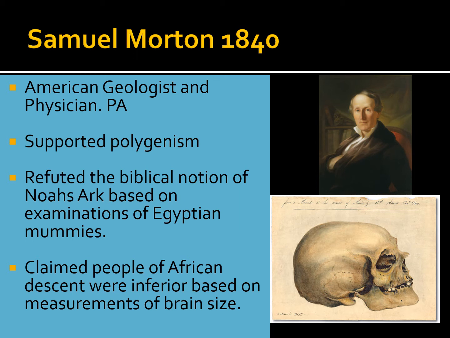He claimed that people of African descent were inferior based on measurements of their brain size that he inferred from measuring their skulls. The problem with Morton is that what we see at this time is this kind of practice of phrenology, which is measuring different elements of the skull and trying to make assertions about an individual's intelligence based on those measurements. So what he was really doing is taking a very pitifully small sample size of a group of Egyptian mummies, measuring the skulls, and then making an inference to all Africans and their intelligence.